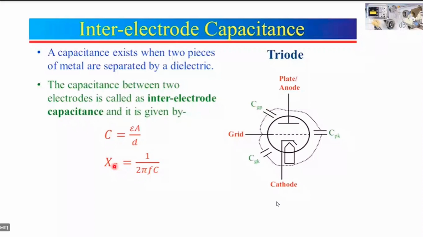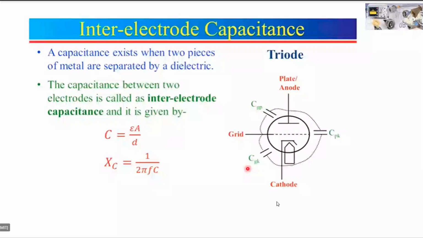So let us say at microwave frequencies, the capacitance between grid and anode is approximated by a short circuit. Then whatever voltage is present at the grid, understood? Whatever voltage is present at the grid will be directly transferred to the anode. So there will be no amplification action, which in turn will reduce the gain of the device. That means the entire triode gain will be decreased. Okay, so this is the effect of your capacitance.